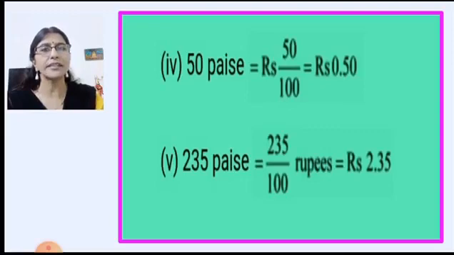Now as you know children, 100 paise is 1 rupee. So the same thing here we'll do, as we are converting paise to rupees. So we'll have to divide 50 by 100. And as we are dividing by 100, we have learned before, here there are 2 zeros. So the point will be shifted. When we are dividing, the point will be shifted to the left by how many places? 2 places. So 1 place here, second place here. So the answer is rupees 0.50.